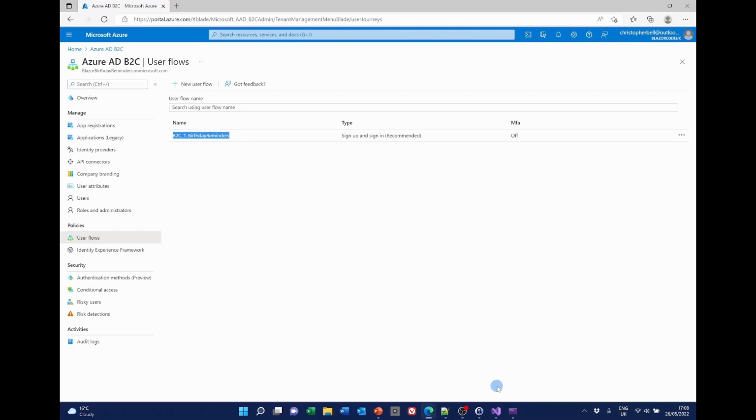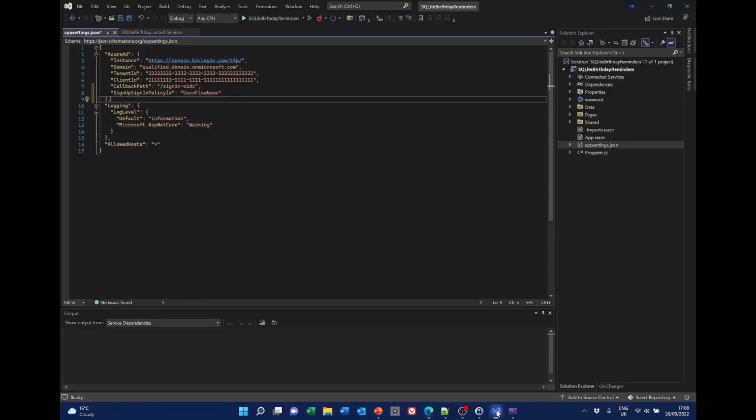Return to the code and replace user flow name with the correct setting. That should be all that's needed to set up the Azure B2C. And we should now be able to run the application. I'll do that in a second, but